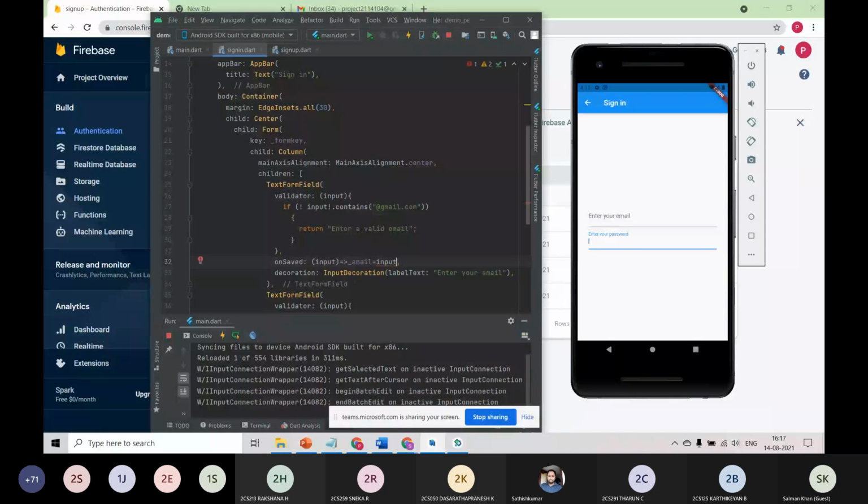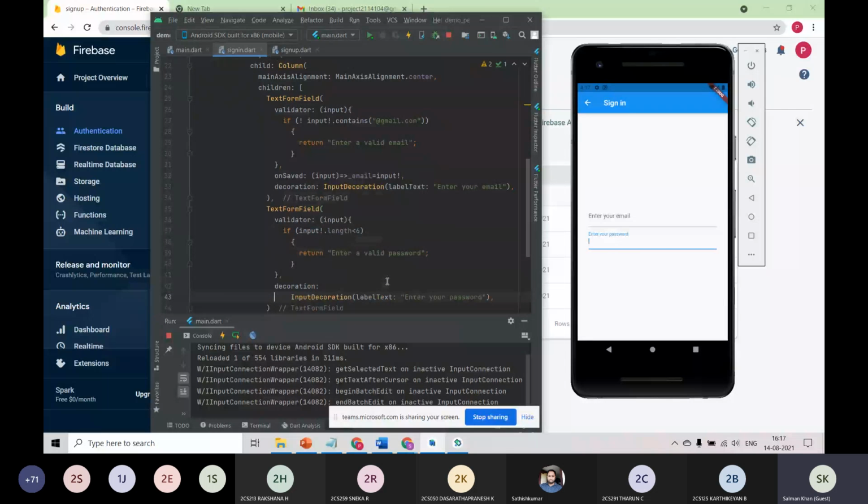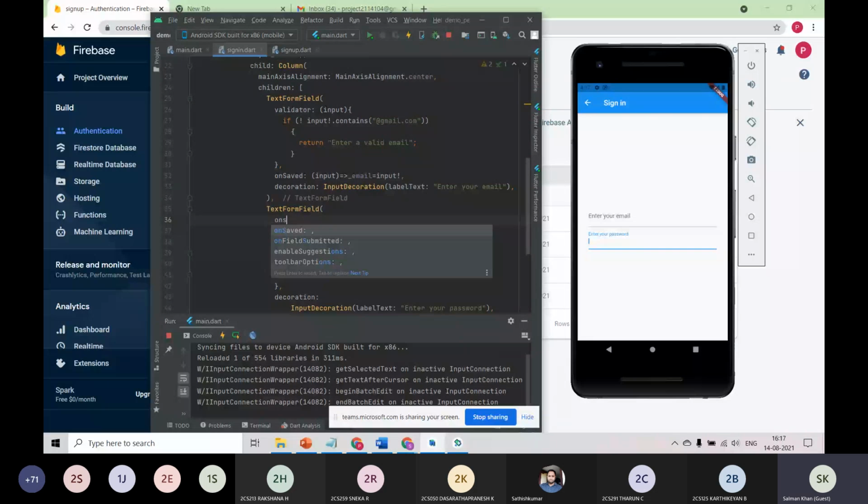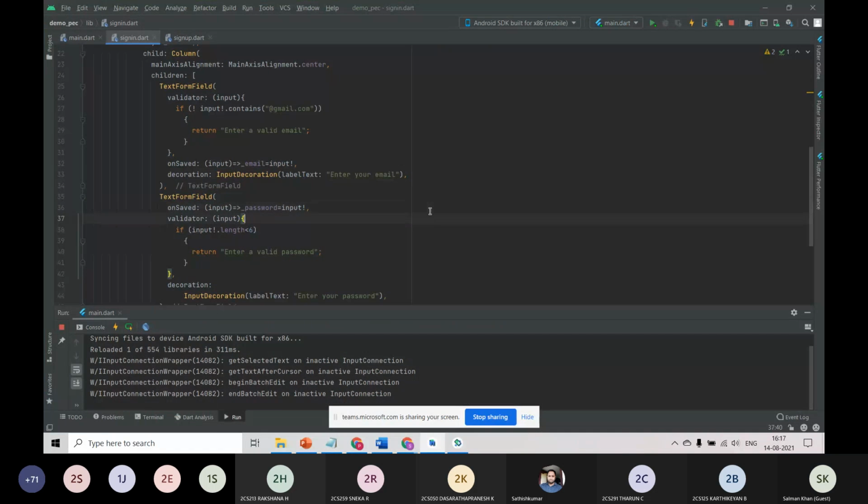Okay. And here also we can mention onSaved of input, password is equal to. Okay, I think we're good here.